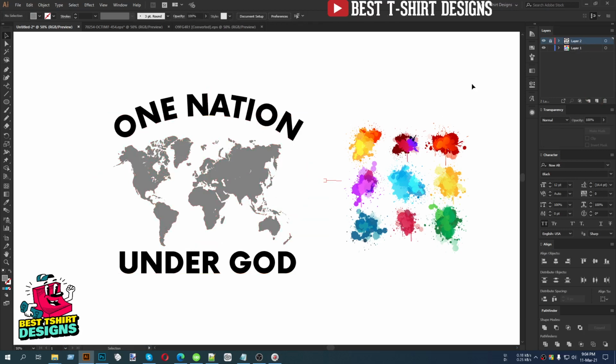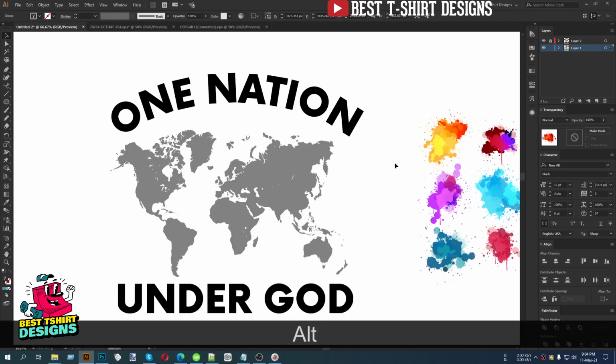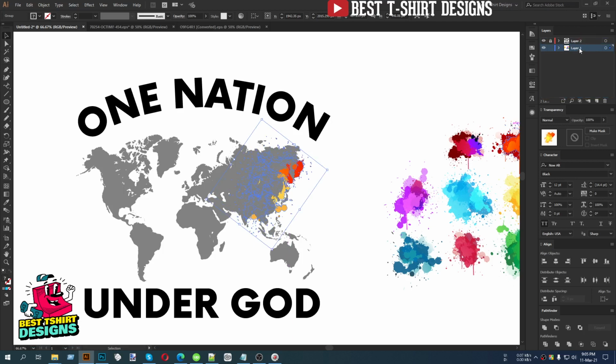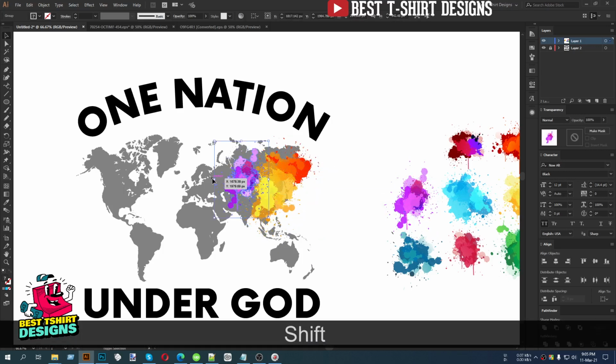I can lock it. Now as you can see, this is not going to move from its position, but my colors are selectable because they are in the layer below. So I'm going to fill the area with these colors. I'm going to place it something like this, or simply I can drag this layer on top and keep my locked layer in the background, so that it will be easier for me to see where I am placing the colors. So this is basically just placing some colors, and I hope this will be easy for you guys.